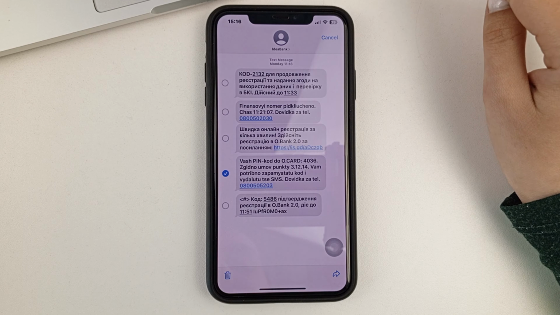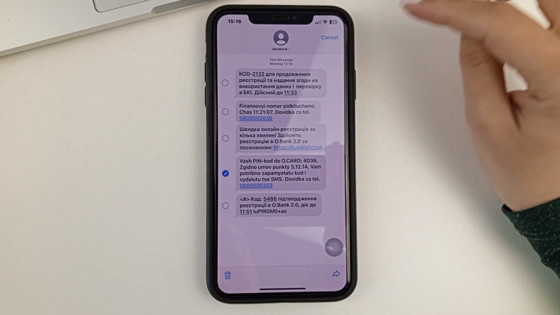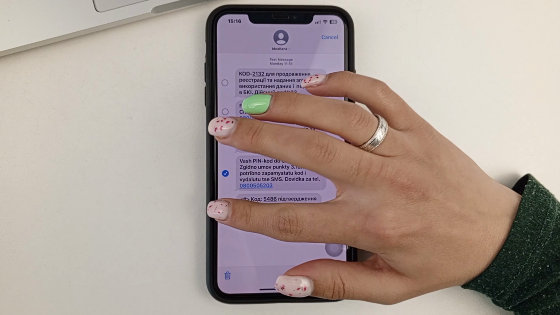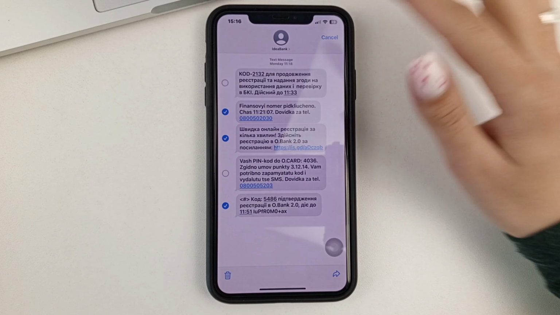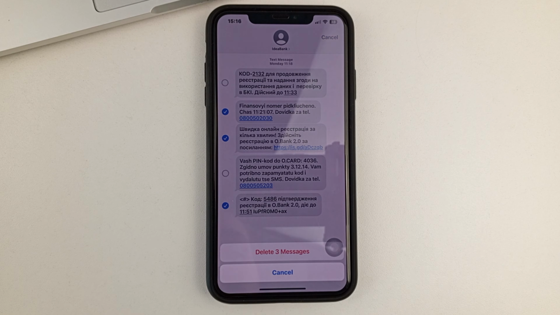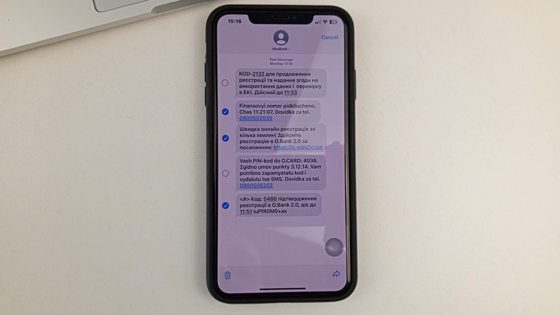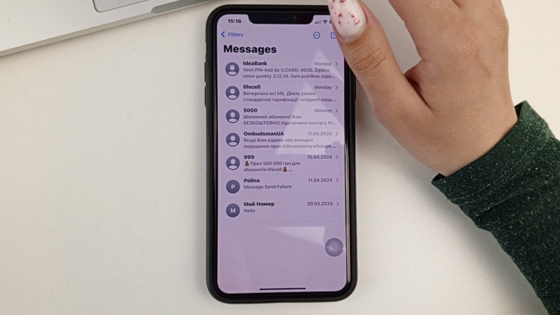If you want to, then you can delete one. If you need to select more than one, then you select more than one. Then at the bottom, you click on the trash can sign and then confirm your action. This way, the messages will be deleted.